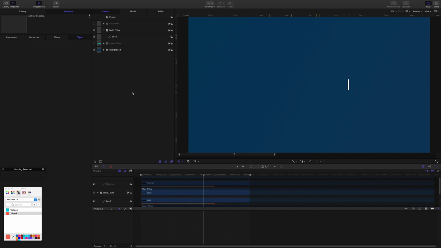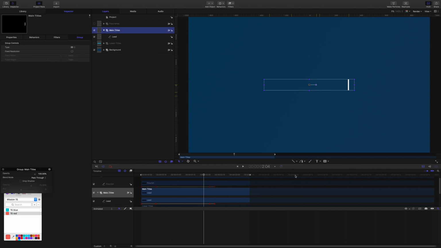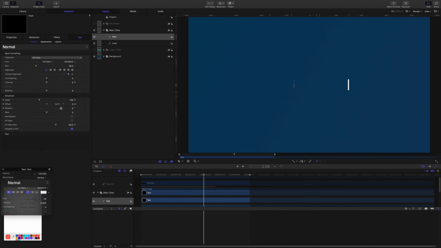Now we can start to add the title, so grab the main titles group, grab the text tool, click in around here, going to go Apple space motion. The font we're using is Unisans semi-bold. There's a link in the description to get that if you don't have it already. The font size 90, center the alignment,